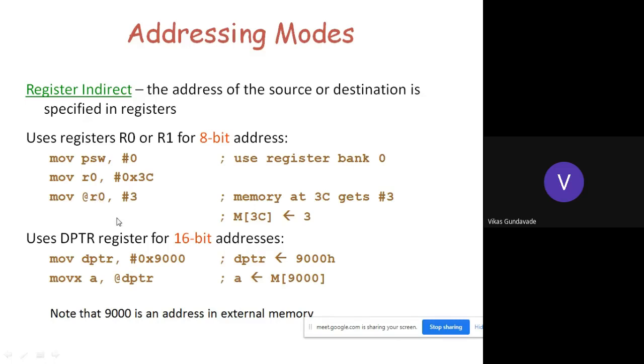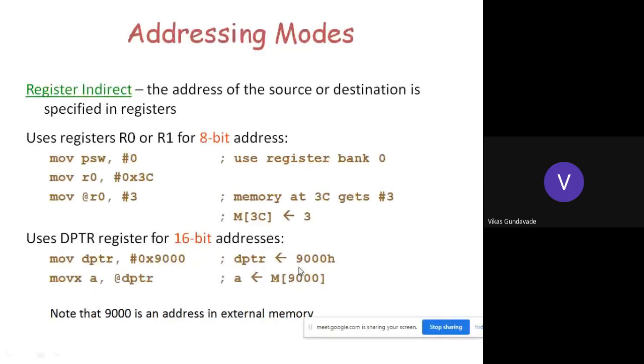Okay. Similarly, one more example is given using DPTR. So DPTR is pointing to an external memory location, and to transfer the contents into the external memory location or to access the contents from the external memory location, first we need to initiate DPTR. So in the second example, the DPTR is loaded with the immediate value 9000H. That means 9000 will be loaded into the data pointer. So the data pointer value will be 9000.